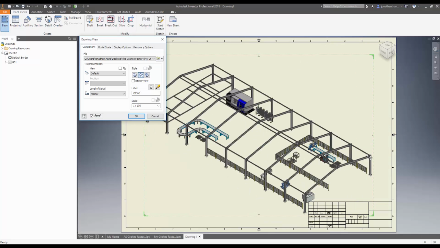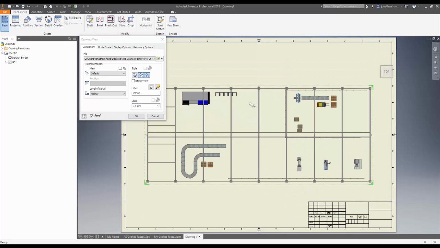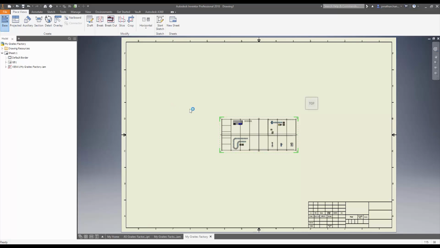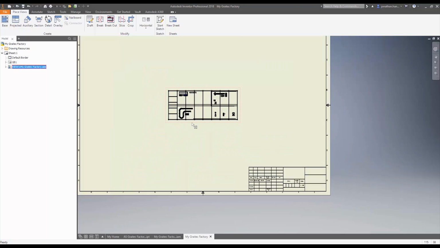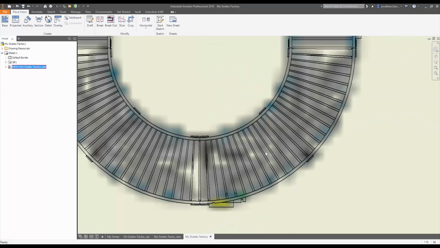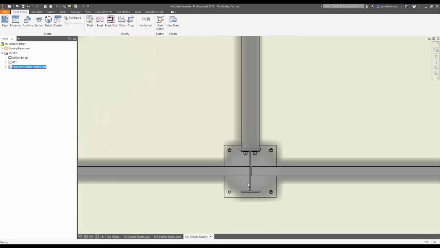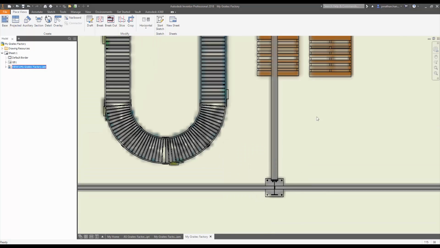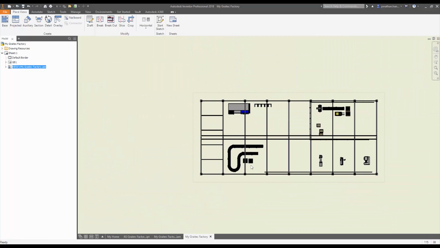the Advanced Steel, obviously structural steel work. I'm just going to go with the top view to start with, and I'm going to change this view to one is to, well, let's say 300. I'm going to create some subsequent views from it. You can see the level of detail is all there. So we've got all our steelwork detailing, and then we've got all the subsequent